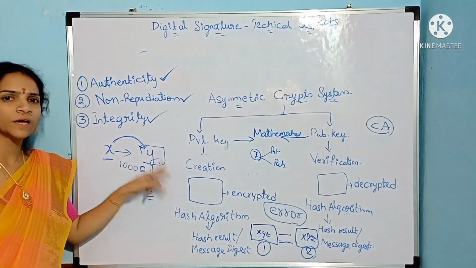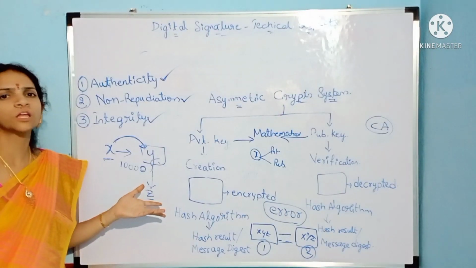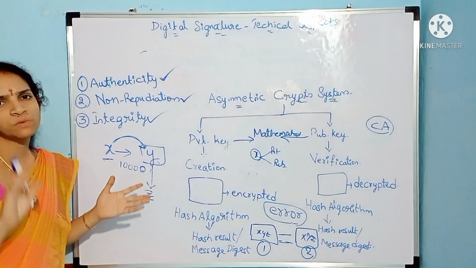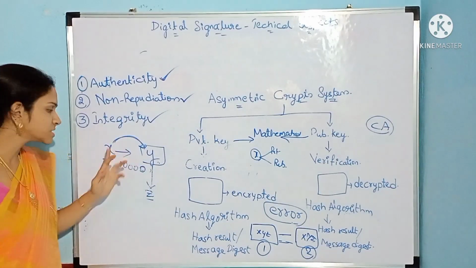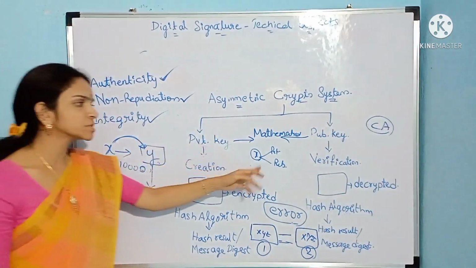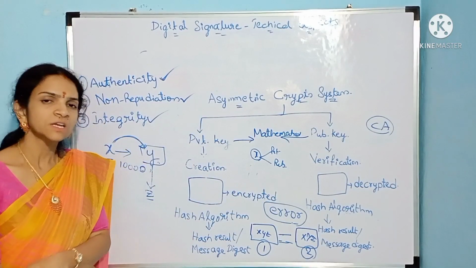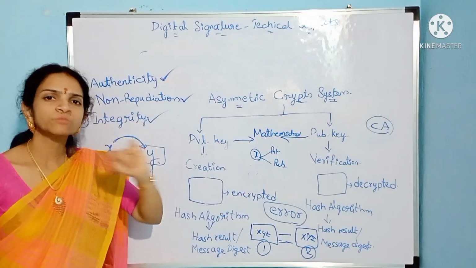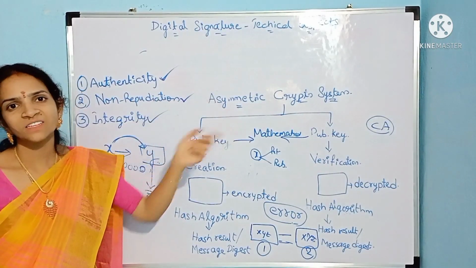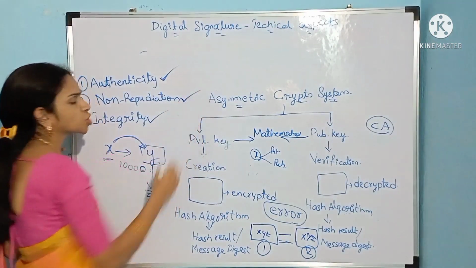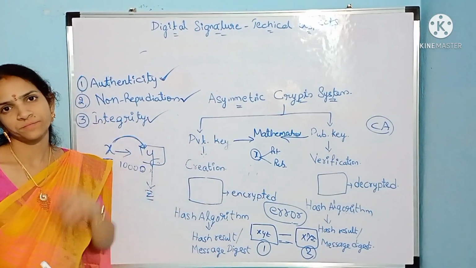Later on Y asked X to give the amount back, and X denies it: no, I did not tell you to make the payment, so I will not be liable. Can he say that? He cannot. Then how can Y prove that it is he who sent it? Because Y is able to decrypt the document with the public key of X, X is stopped from saying that he is not the person who sent it. He cannot deny that later. That means he is stopped from repudiating, so the non-repudiation feature is satisfied here.